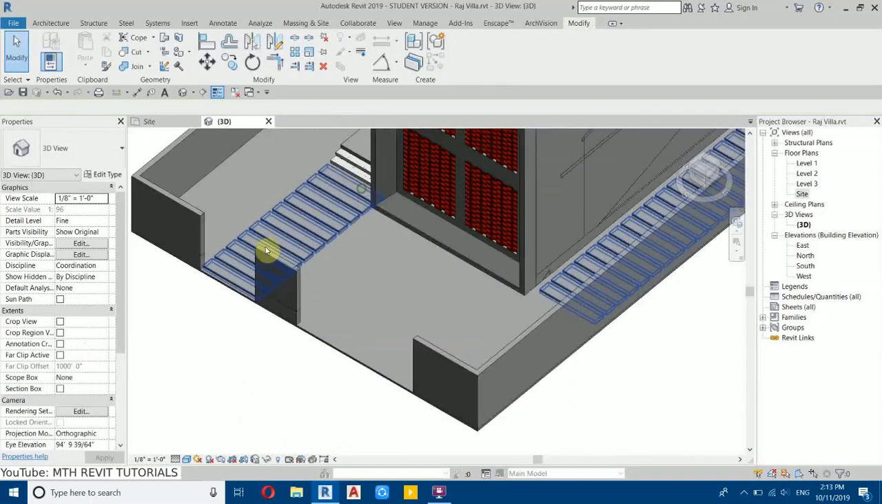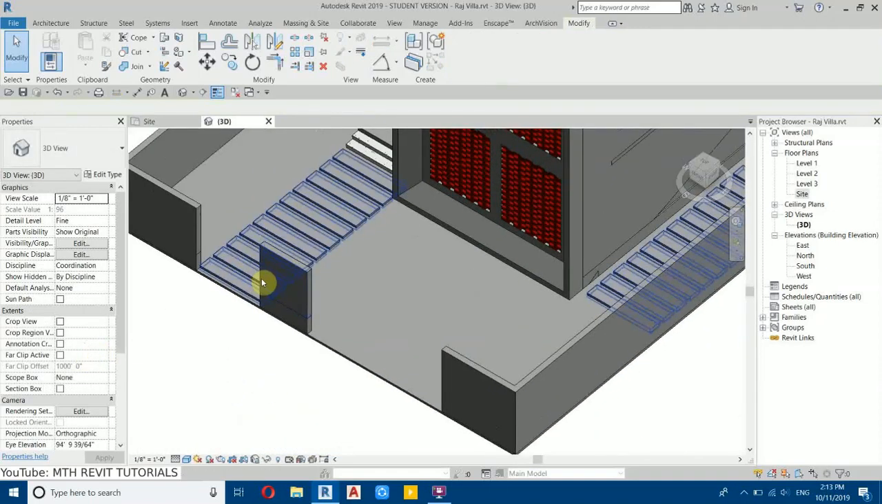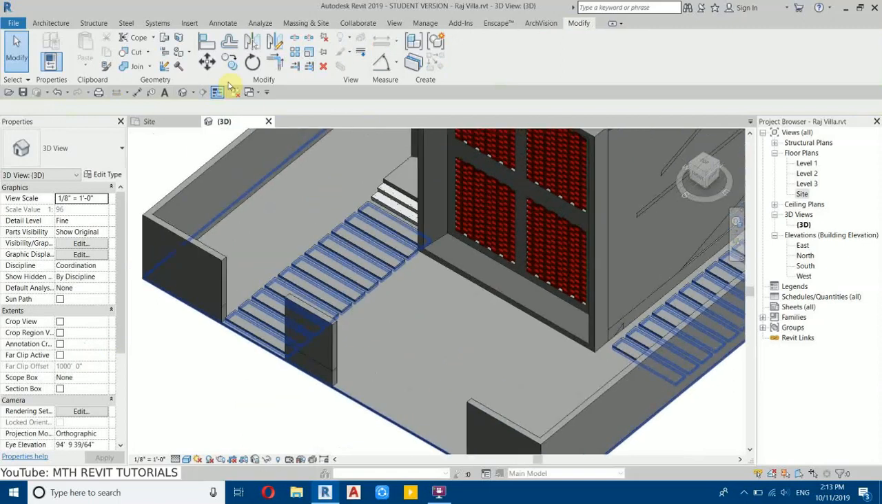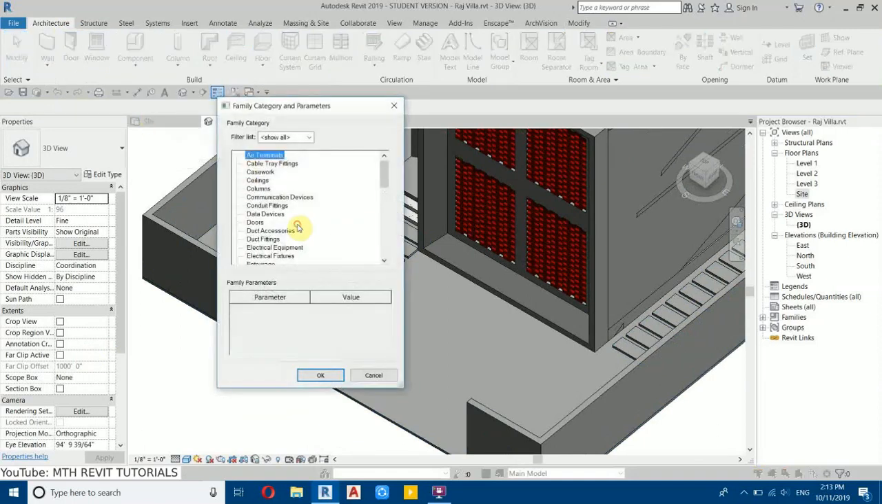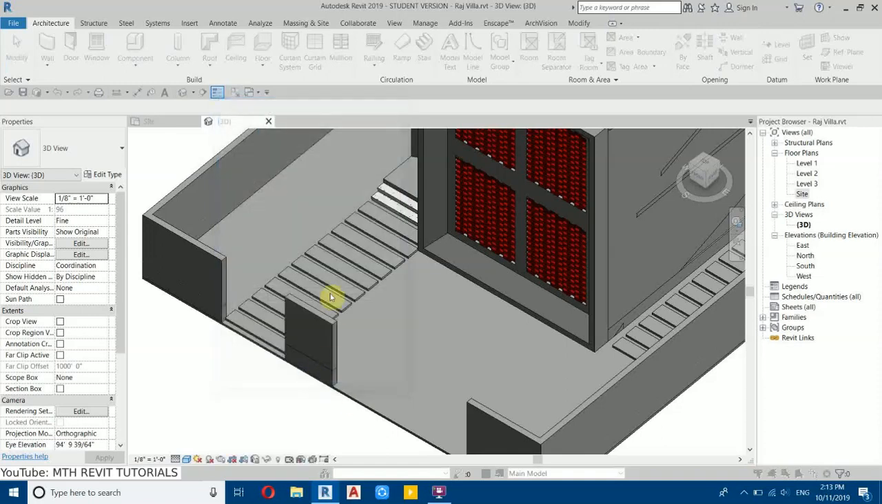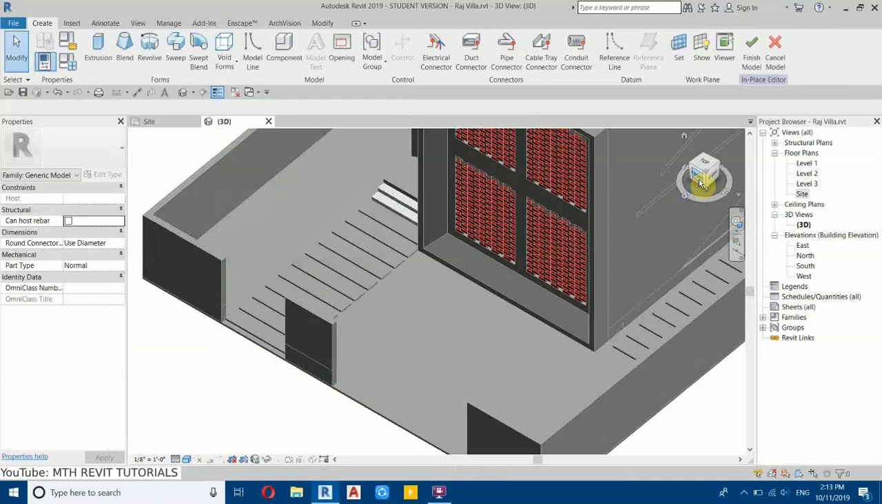We can now create the gates, and we will use model in place to create the gates. So go to architecture, and then I will just click on this drop down and select model in place, and then here you can either select doors, or I will just select generic models for now. Select that, okay, and then just call it gate. Okay, and go to the front view,